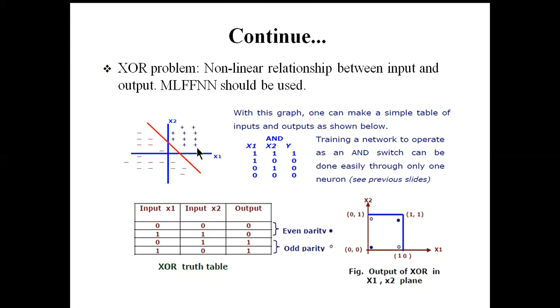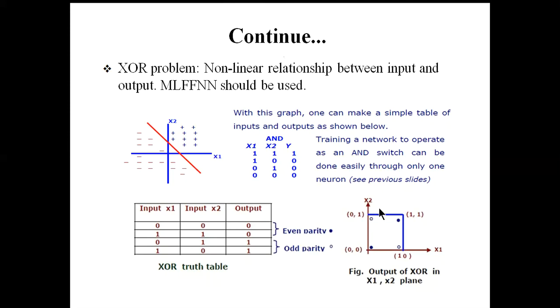But if we consider the case of the XOR gate, for 0 0 the output is 0, for 1 1 the output is 0, and for 0 1 and 1 0 the output is 1. If we plot them, consider this one is 0 0, the output is 0. So for output 0 we denote it by a dot like this. For 1 1, the output is also 0, so we give it another filled dot. And for the 1 0 and 0 1 combinations, the output is 1, and we express them using this type of dot.